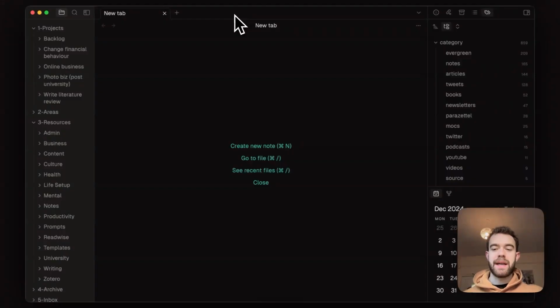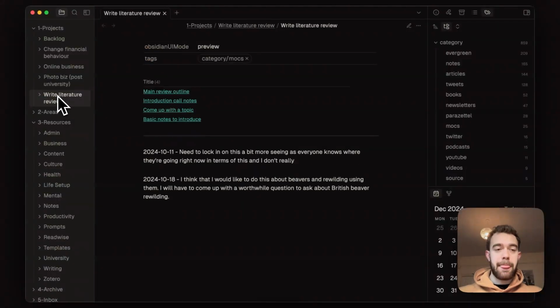So here we are back inside my Obsidian vault. And I thought what I'd do first is actually show you a couple of examples of these folder notes, just so you have a bit of an idea of what they look like and how they function. So we'll use the current projects that I have and that I'm working on as simple examples for this. So if we head into perhaps write a literature review, which is something I've been putting off for a few weeks now at university, we can see that clicking on said folder in the sidebar brings up this folder note